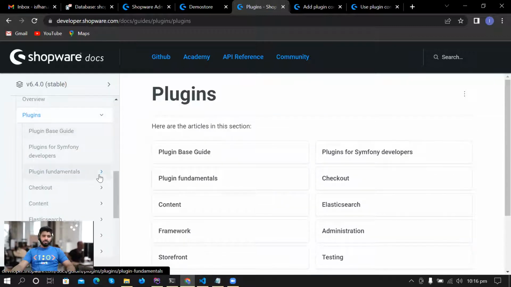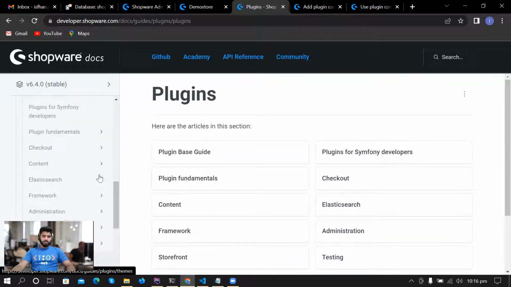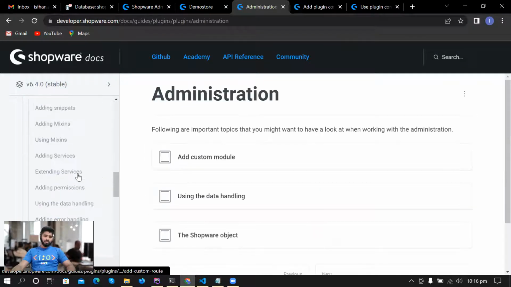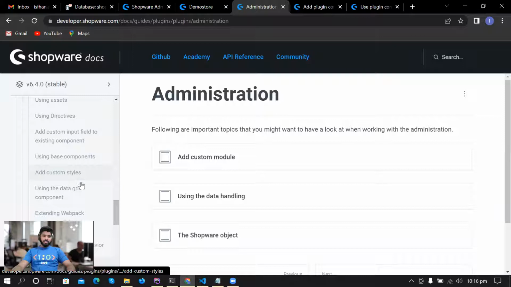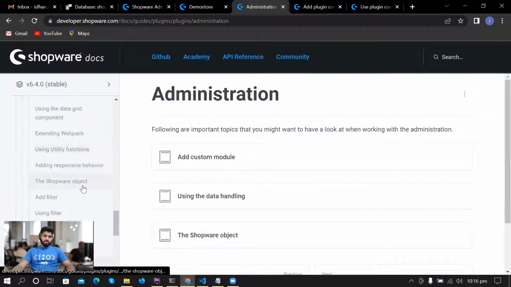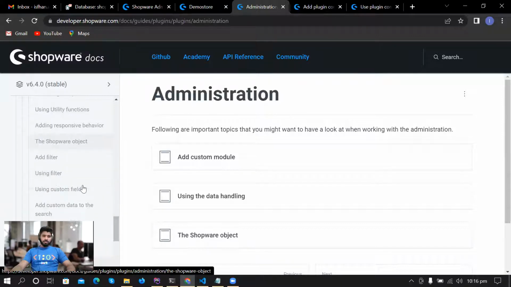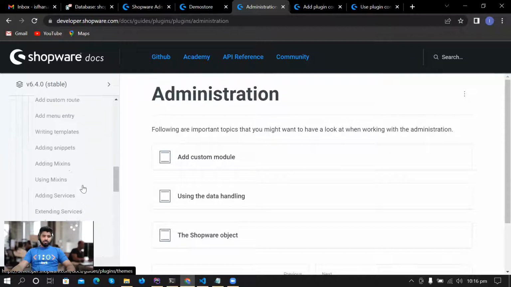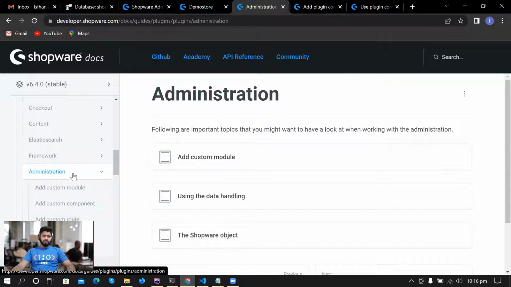Whenever you click on plugin, there are a lot of sections here. As far as I think, it needs to be in administration, but whenever you click on administration, you will find no link for the configuration. So this is quite confusing. I think this needs to be inside this section, but